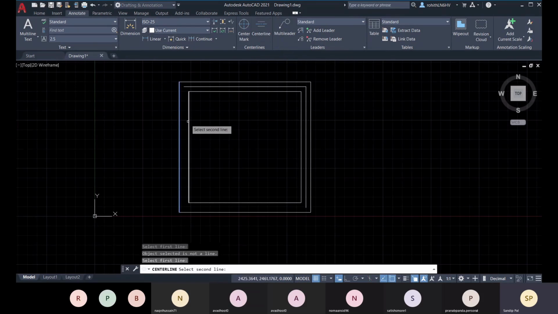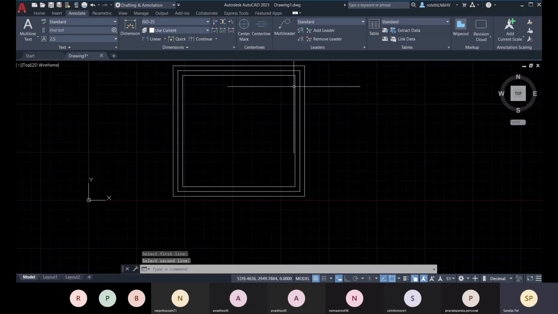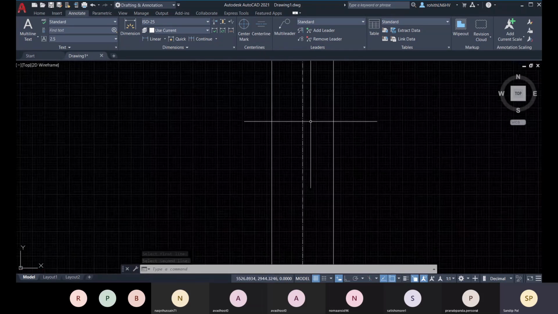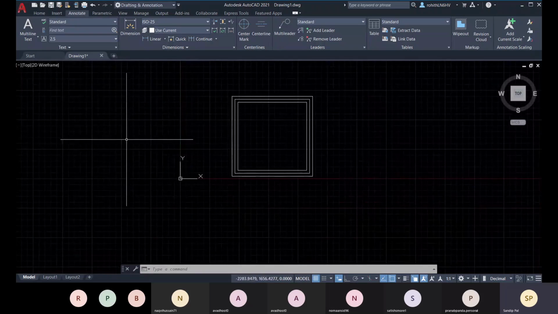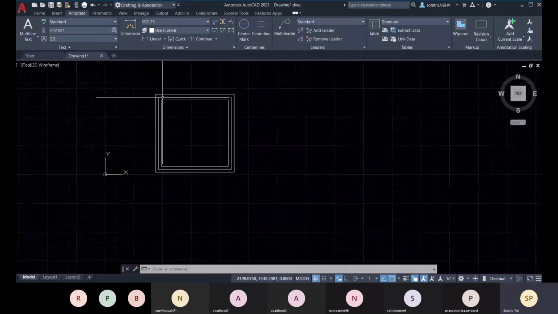Select these two lines, and in between them you will have the center line. The center line is a dotted line, but as per this view you cannot see it properly.